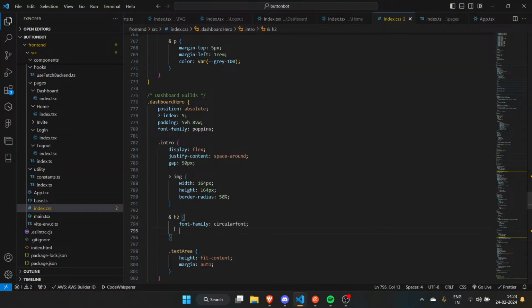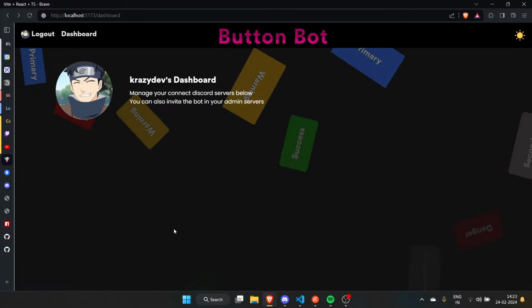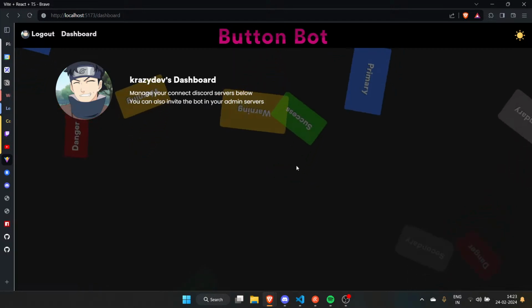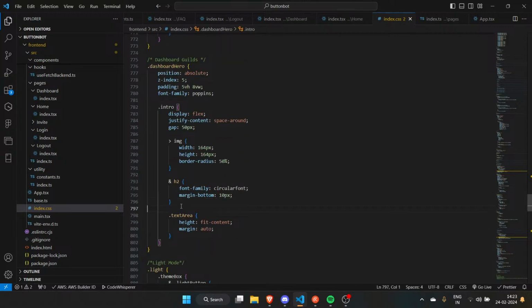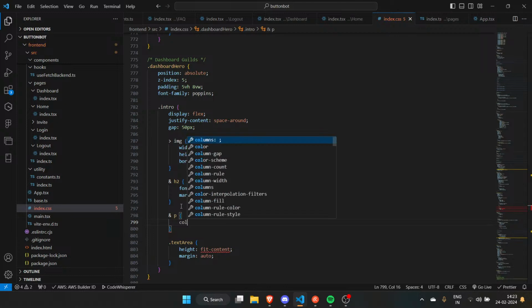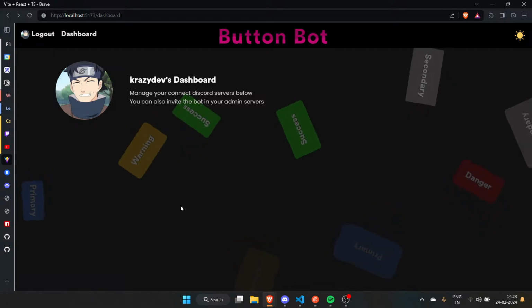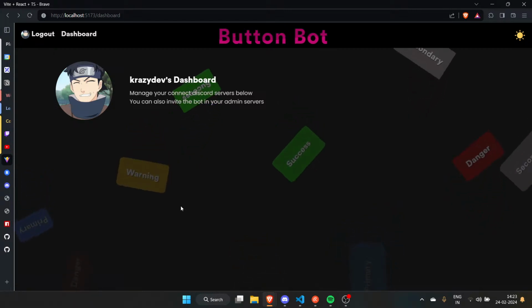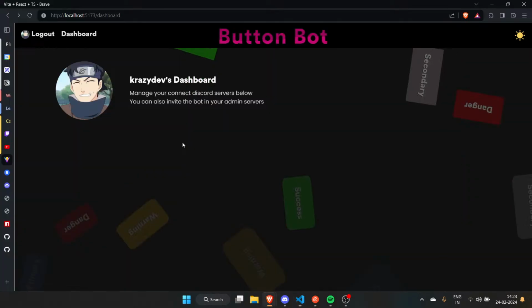Okay, and I like to have a bit of margin bottom on that thing, 10 pixels. Doesn't seem bad, to be honest. It looks fine, right? Probably. Anyways, I'd like to give it a color of variable dash dash gray 200. Okay, that's okay. That's not bad at all. So we have the intro area ready.